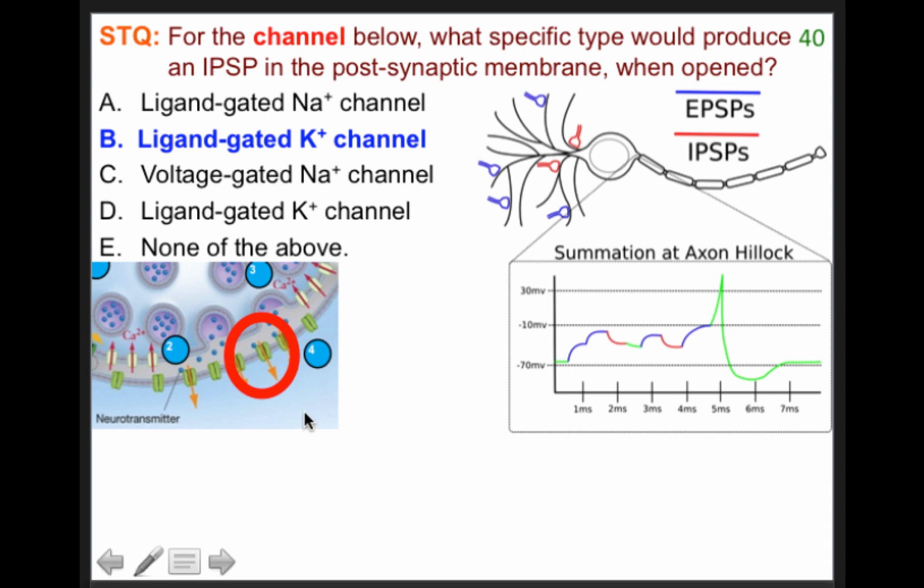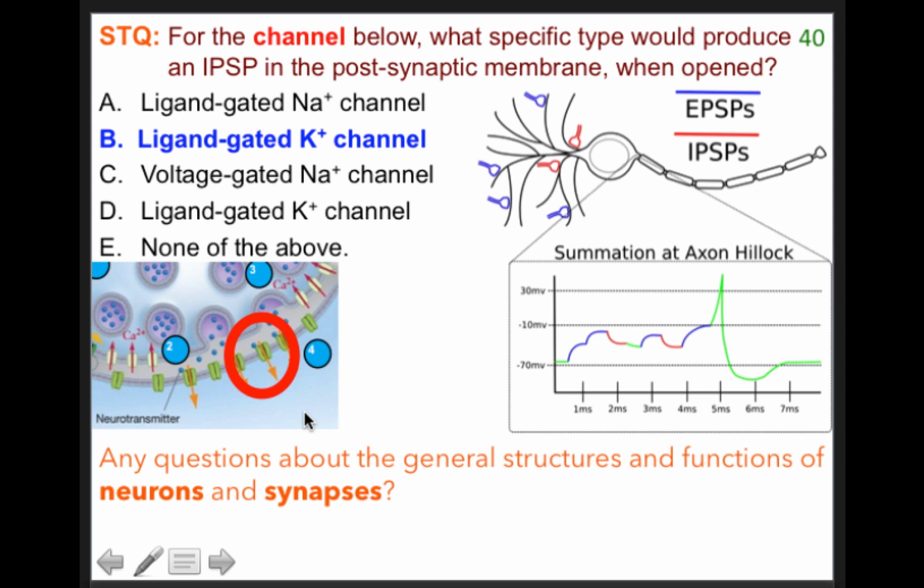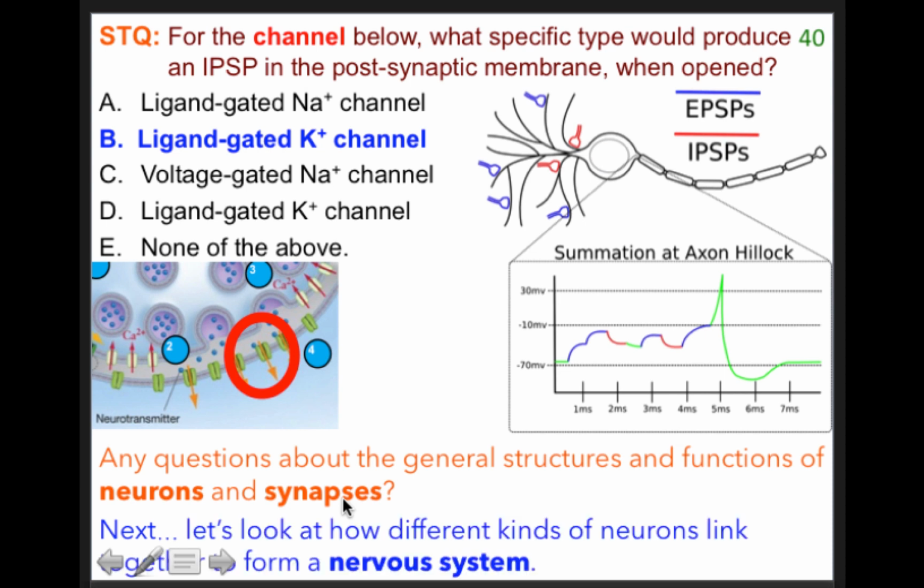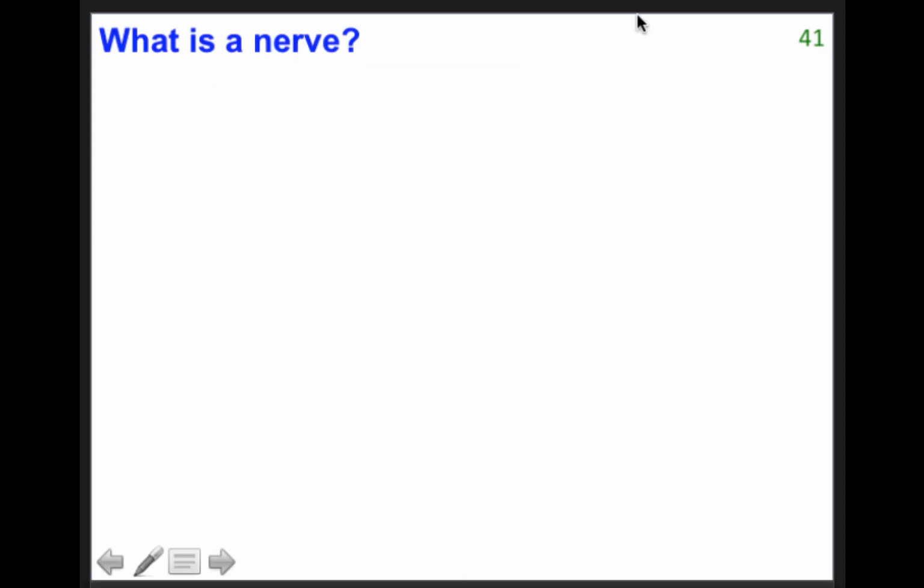So again, if you have any questions about the general structure and function of neurons and how synapses work, please just come by my office hours next week and I'd be happy to talk to you about it. But next, let's move on and look at things on a bigger scale now. Let's look at how different kinds of neurons can link together to form the very complex nervous system that we have in our bodies. The first question I want you to consider is what a nerve is,